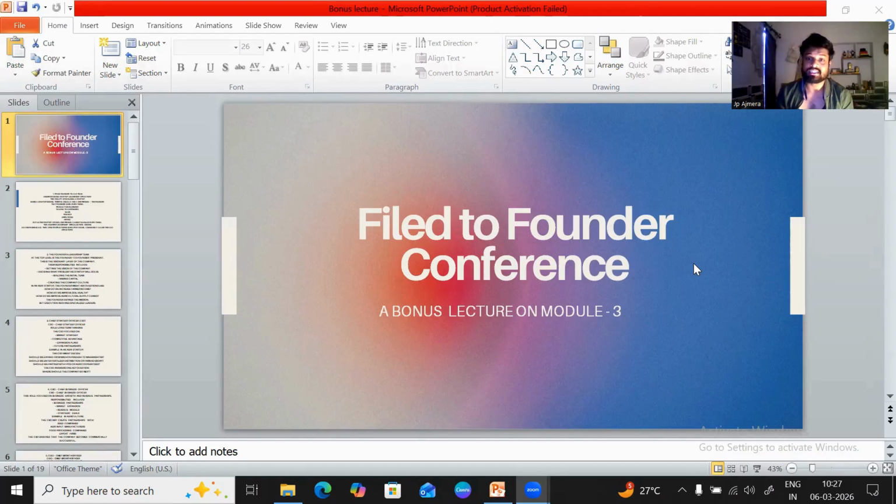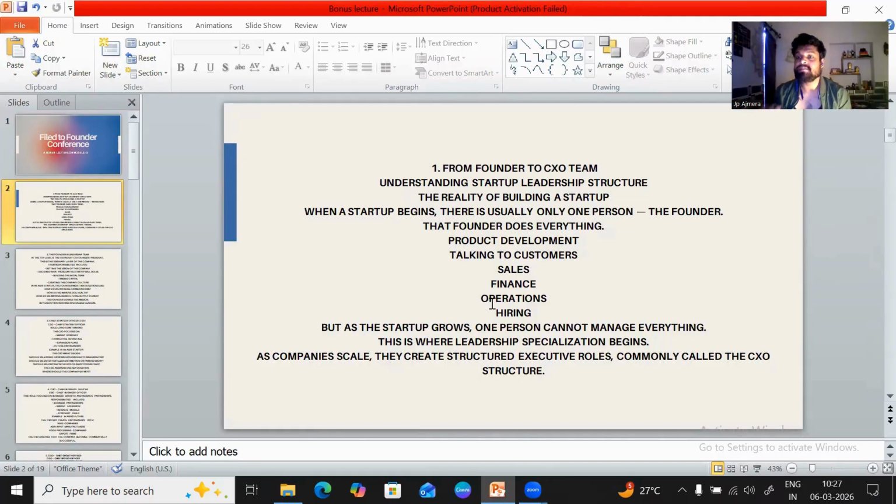That will help you understand the organization and leadership structure of any startup or any big company. So let's get started with this module. I hope you guys are ready to learn. So let's move to the next slide. In the previous module of the course, we learned about selecting a co-founder and our related team. What this team looks like inside the company, we will see in this lecture in depth. So let's start the lecture from here.